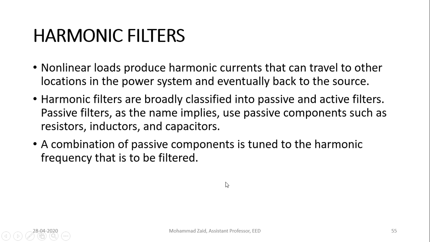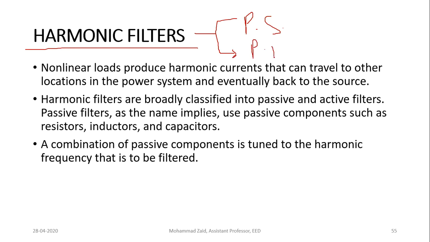Now, in the previous few lectures, we have gone through various mitigation techniques through which harmonics can be eliminated from the system. We have seen high pulse converter operation, the operation of the zigzag transformer, and the operation of the phase shifting transformer, so that the harmonics can be either reduced in the system or fully eliminated from the system. A very important practical implementation of harmonic filters is seen in both power systems as well as in power electronics.